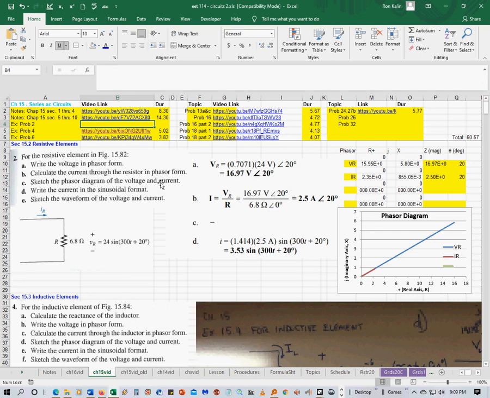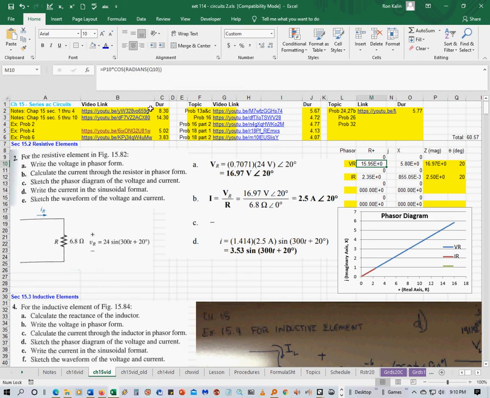Sketch the phasor diagram of the voltage and current. The book does not do that, but I did it here. So V sub R is going to be 16.97 angle of 20, which looks like this. Okay. And the way we figure that out is, here's the magnitude here and the phase angle. And then the R value, the resistive value, is going to be Z times the cosine of that 20 degrees. You have to